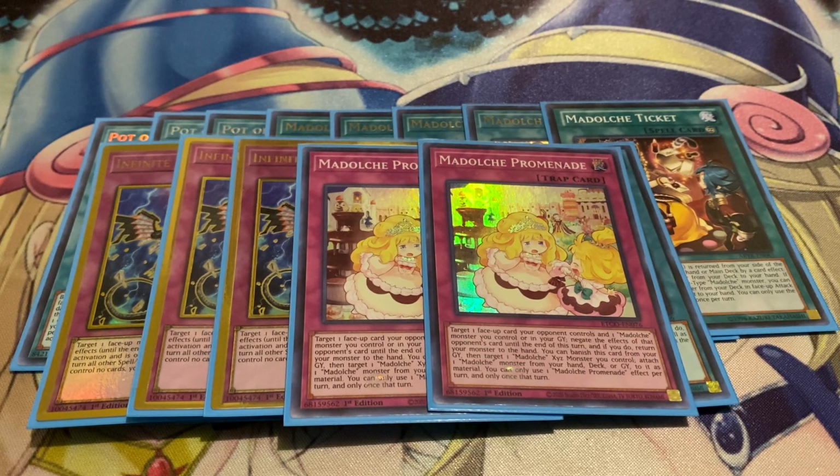Negate the effects of that opponent's card until the end phase, and then if you do, return your monster back to the hand. So it's just a good way to get back some resources also, and it's also pretty good for interruption. But one thing I also like about this card is that it has a pretty neat graveyard